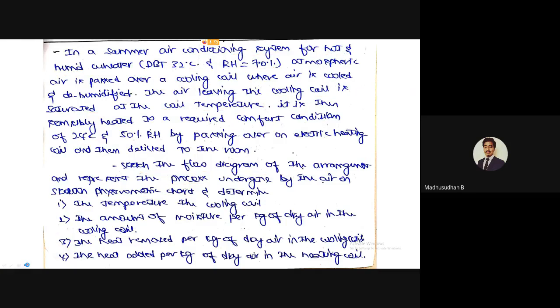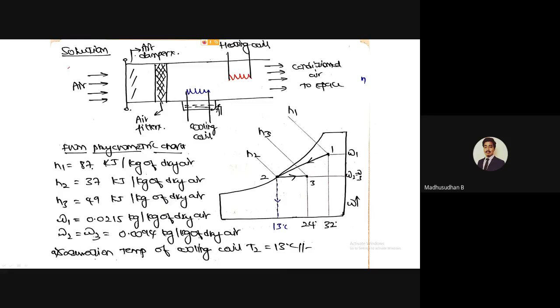Now, this is how it looks. This is the flow diagram which was asked for. Air enters through air dampers, gets filtered in the air filter, then it goes for the cooling and dehumidification process. The condensate liquid is being taken back here. The temperature is reduced here. Then it is applied to a heating coil. So this is how it looks on the psychrometric chart.